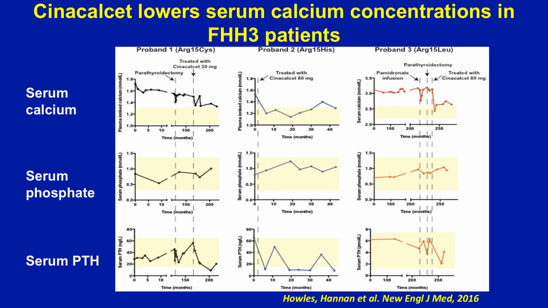And this patient had the most traumatic of journeys because they had pamidronate infusion, which brought the calcium down a bit, but it bounced back up again. Parathyroidectomy didn't work, and they came eventually to the notice of our teams, were treated with cinacalcet, and look at that, the calcium's down again. So cinacalcet is very effective at treating these patients. And this is quite unusual because you're talking about a protein that's intracellular. It's not even on the cell surface. It just hooks onto the calcium-sensing receptor, and it's able to modulate the functioning of that complex